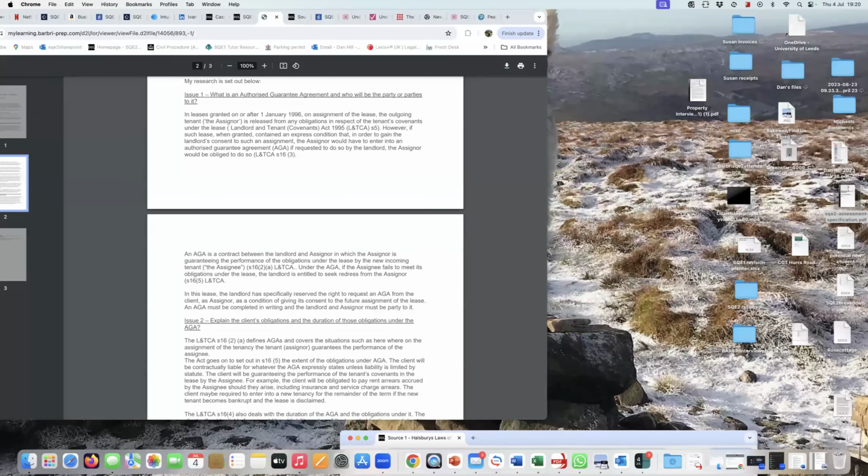Even if you know what an AGA or authorized guarantee agreement is before looking at the sources, should you still be referring to the relevant statute, i.e. if you missed the statute, just gave a definition, would this lose marks? Yeah, I think ideally, Alicia, you would refer to the statute because generally speaking, for most SQE2 assessments, as a